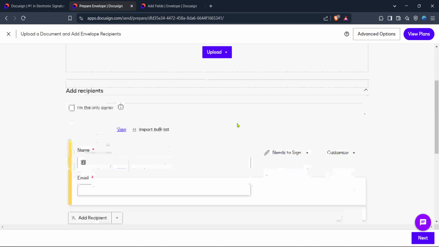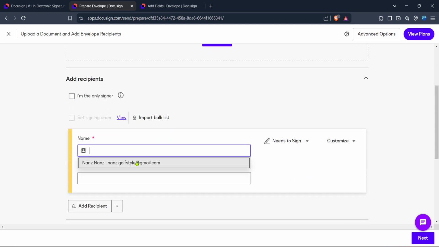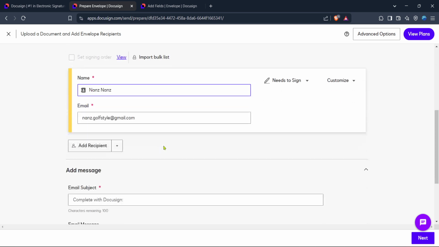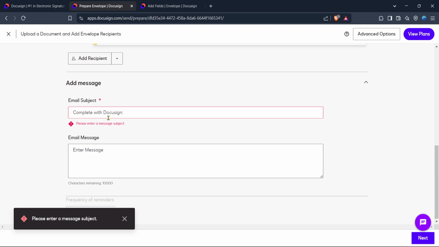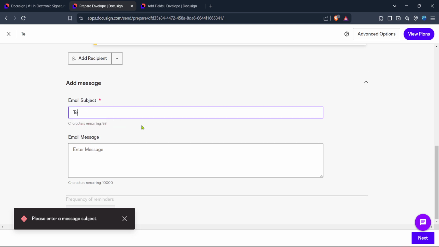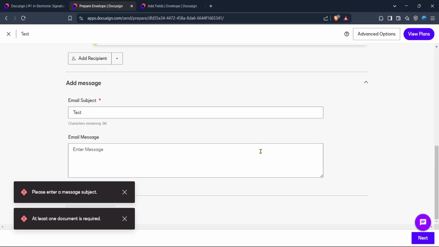This includes specifying who will be signing the document and in what order if it involves multiple parties. Be sure to double check the email addresses since this is how your signers will receive their part of the document to review and sign. You can also personalize the email message that accompanies the template, making it a bit more familiar to the recipient.